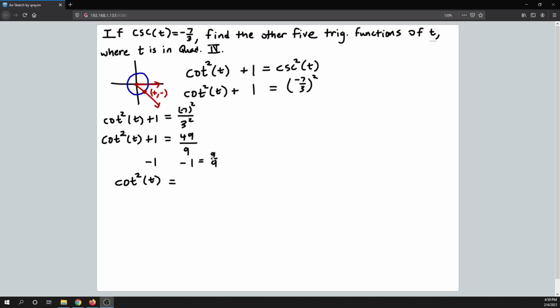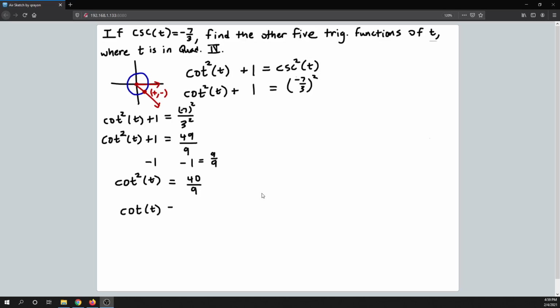All right, and so now these two fractions have a common denominator, and so I just subtract the numerators. 49 minus 9 is going to be 40, and I keep it over the same denominator, 9. Okay. All right, and so now I have the cotangent squared isolated by itself on one side of the equation. So what I'm going to do is use the square root property,